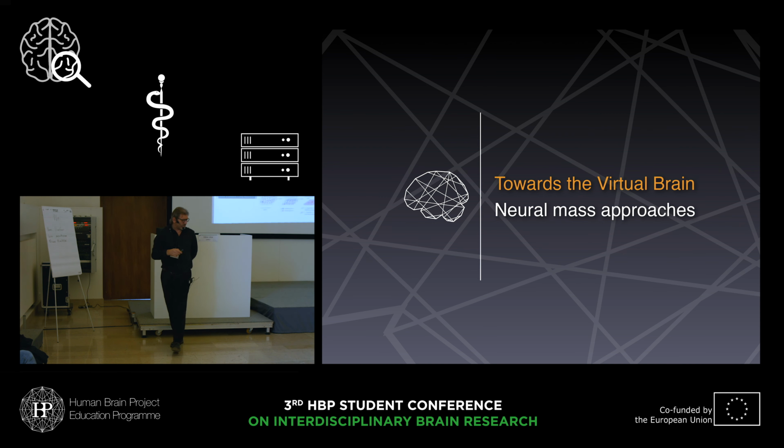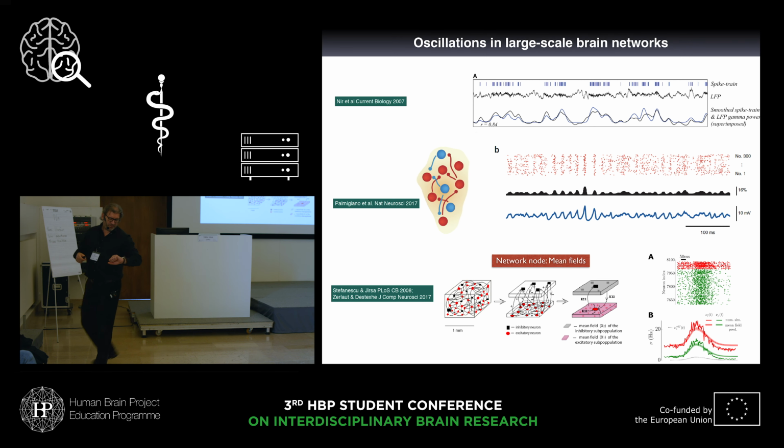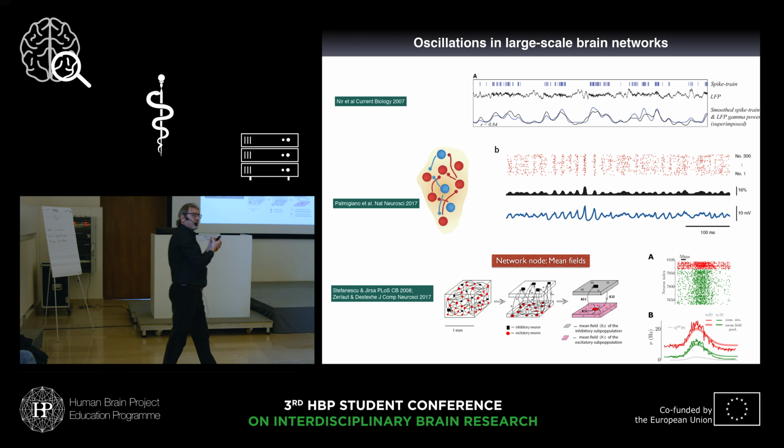So for this, I want to give you an overview of some of the neural mass approaches that exist. So in this parcellation in the top right corner that I showed you earlier, a brain region would typically be replaced by a neural mass. Sometimes it's referred to as mean field if it's being derived using some mean field techniques. This does not necessarily have to be the case. The expression neural mass goes back to,